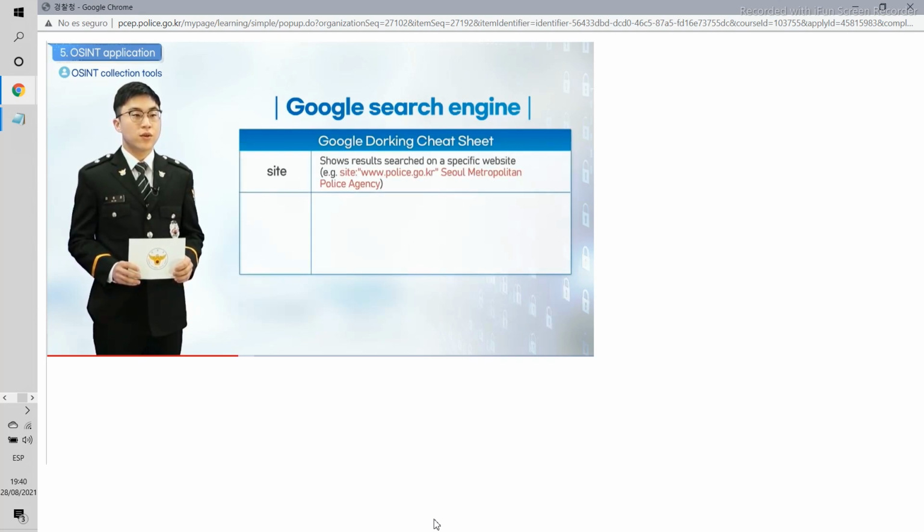The site command shows results searched on a website of a specific domain. For example, when we search site:police.go.kr Seoul Metropolitan Police Agency, the Google search engine shows the search results for the words Seoul Metropolitan Police Agency, searched on the website